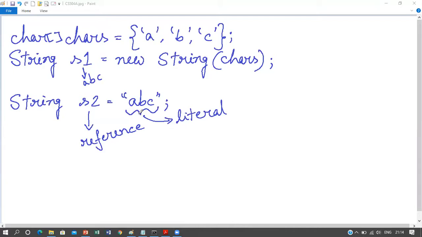Therefore, the string constant pool has been moved to the heap area for memory utilization only. Whenever you create a string literal, the JVM checks the string constant pool first. If the string already exists in the string constant pool, no new string object will be created in the pool by the JVM. The JVM uses the same string object by pointing a reference to it to save memory. But if the string does not exist in the string constant pool, the JVM creates a new string object and places it in the pool. So let us take an example to better understand this concept.